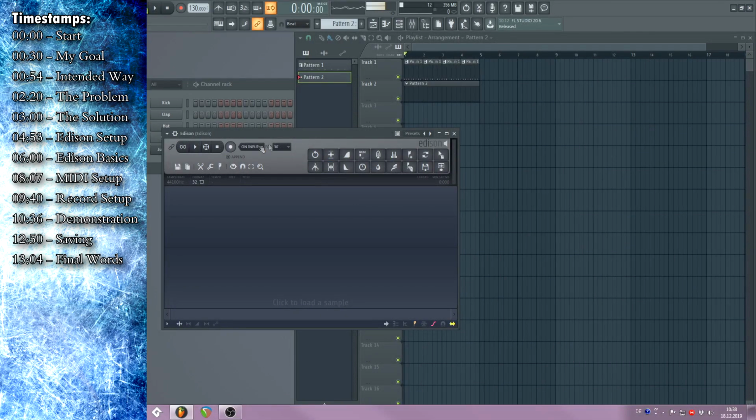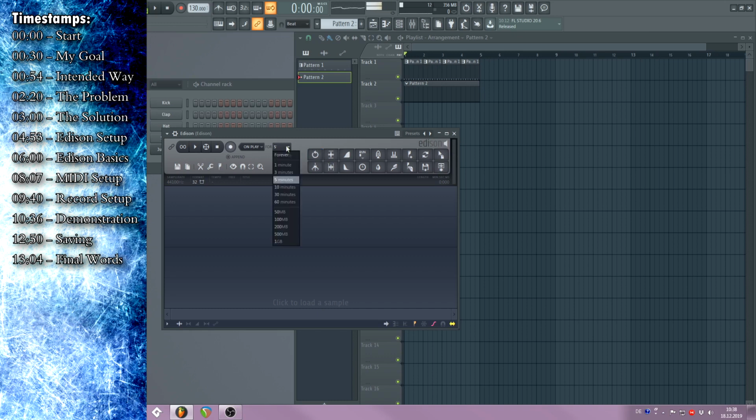Going back to our main screen, we want to set up Edison really quickly. We will change this setting to on play and change the duration to maybe 10 minutes, 5 minutes. You don't want to have hour-long jam sessions using this method, because Edison is recording